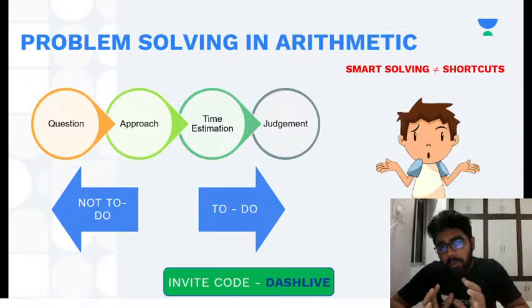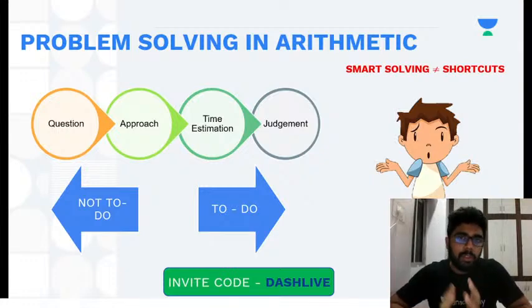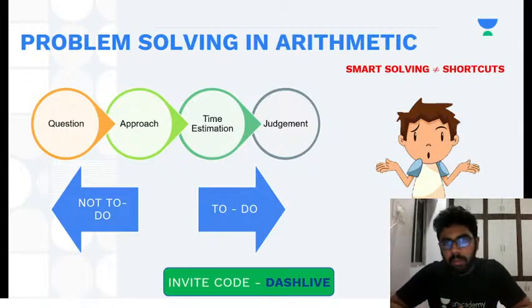So smart solving is slightly different. Of course, we'll use some shortcuts. I'm not against shortcuts, but my advice to all of you would be to focus more on logic every time. This exam is actually testing that. It's not testing someone who is very fast at solving maths. Obviously not. They are seeing what your aptitude is. Aptitude is your problem solving ability. Given the question and your preparation of that chapter, how can you apply what you have learned in the question? Using any concept, any shortcut that you know, how good are your application skills? That is what is being tested.